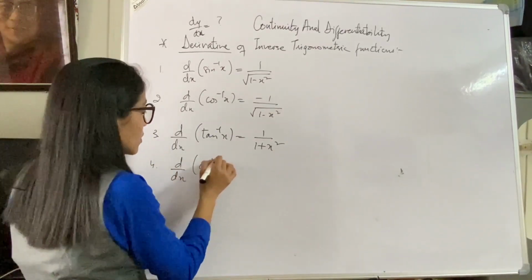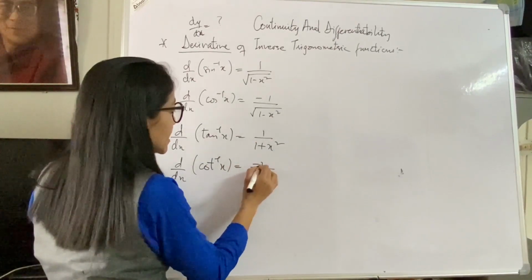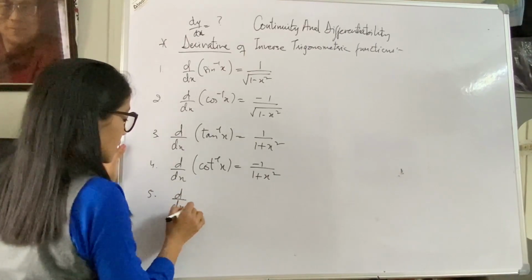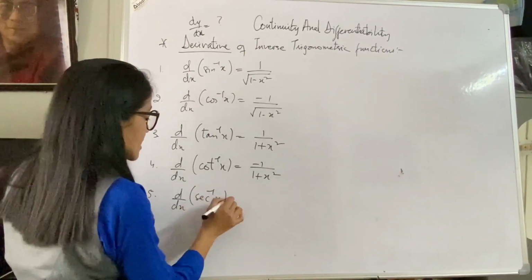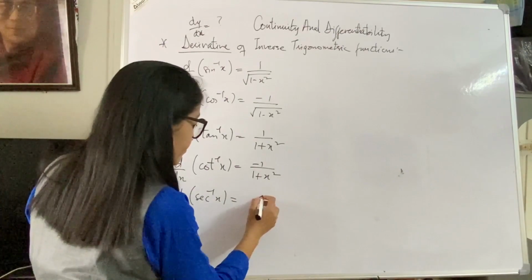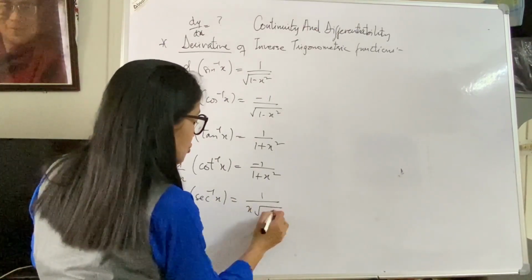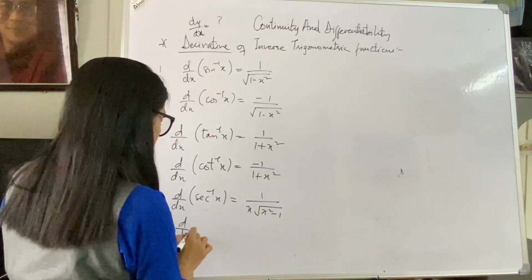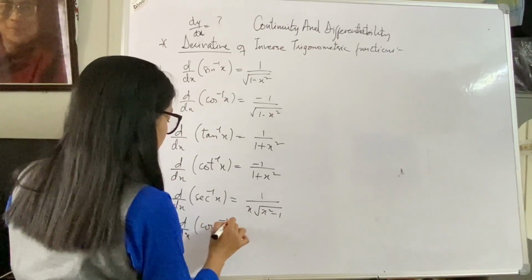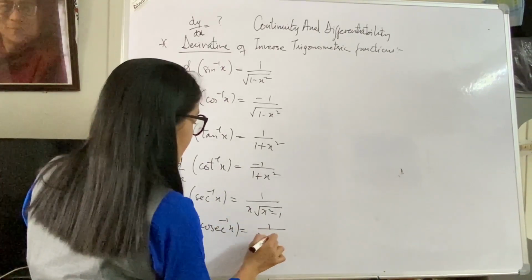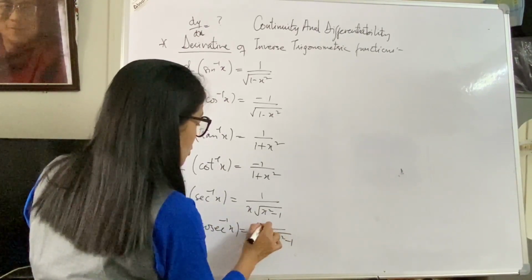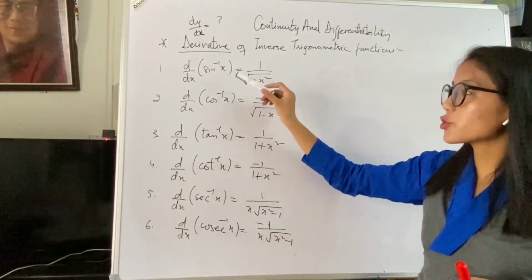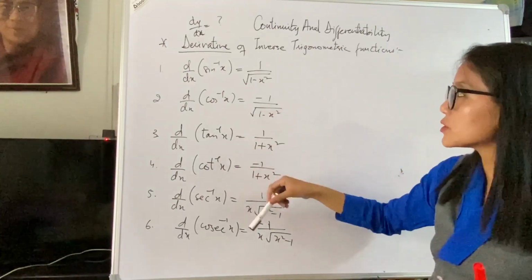Derivative of cot inverse of x is negative 1 upon 1 plus x square. Derivative of sec inverse x is 1 upon x into square root of x square minus 1. And derivative of cosec inverse x is negative 1 upon x into square root of x square minus 1. So these are the derivatives of the 6 inverse trigonometric functions,